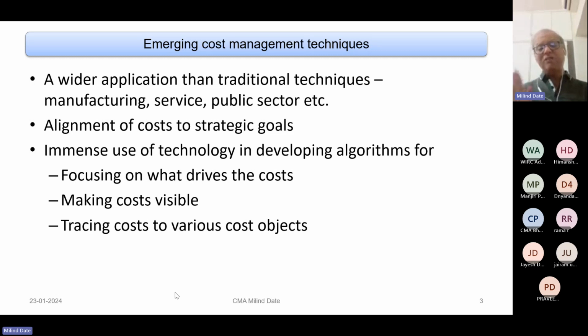Because apart from the traditional classification of cost into material, labor, overhead, or maybe functional classifications such as manufacturing, admin, selling, etc., and the natural way of classifying costs based on variability, where we classify them as fixed and variable, the emerging techniques now make the costs much more visible, because they trace down the costs to numerous cost objects, not only the departments, functions, processes, but a lot many parameters are actually looked at when you try to understand what those costs are and what drives them, in order for you to take decisions.